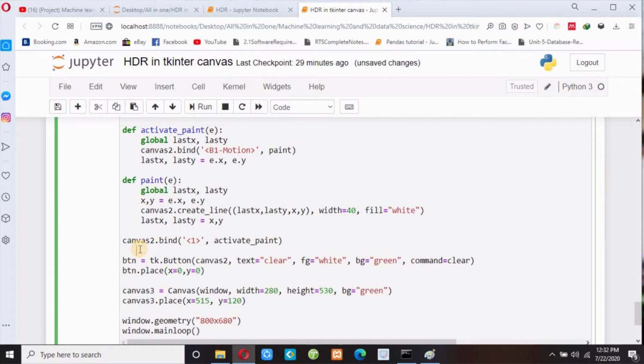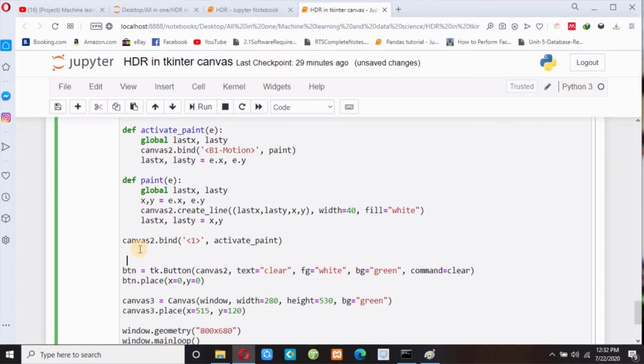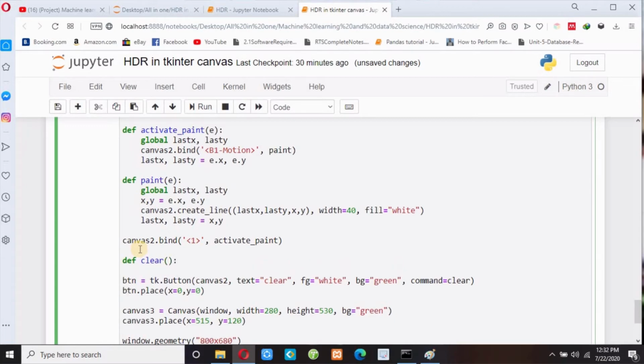And let me create one function, def clear, and to clear the screen I have to write canvas 2 dot delete. I have to write the delete method. So delete all, I have to delete everything from Canvas 2. So canvas 2 dot delete all.